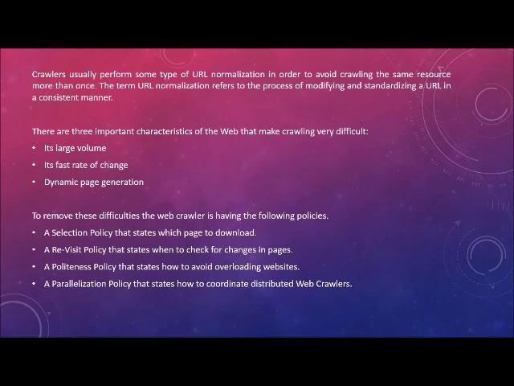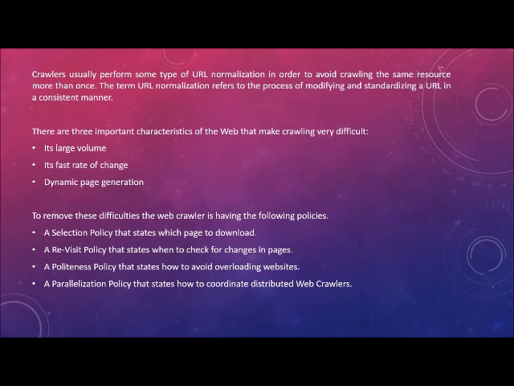So when we're talking about crawling, there are some problems. There are three important characteristics of the web that make crawling web pages very difficult. The first one is the volume of the web pages, secondly is the rate, how fast the contents on the web pages are changing, and the third one is dynamic page generation. So to overcome all these difficulties, the web crawler